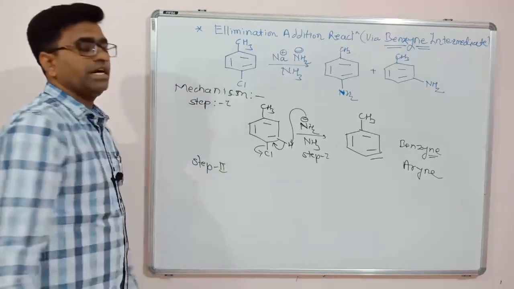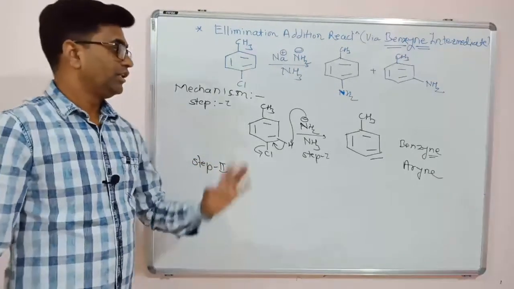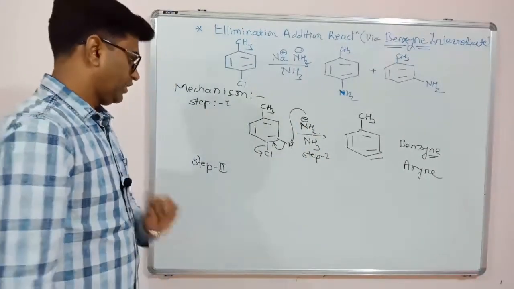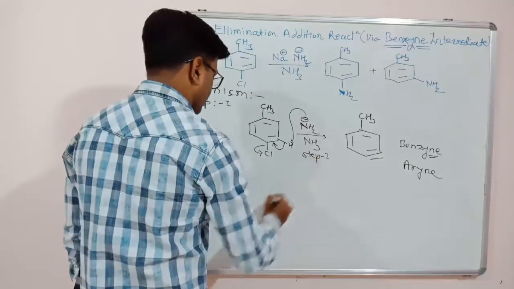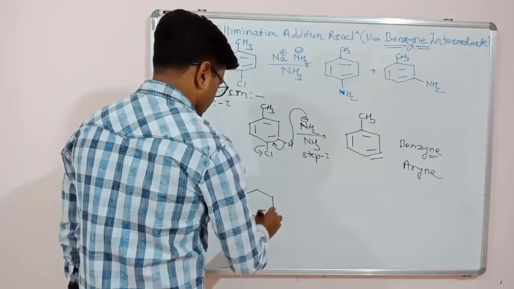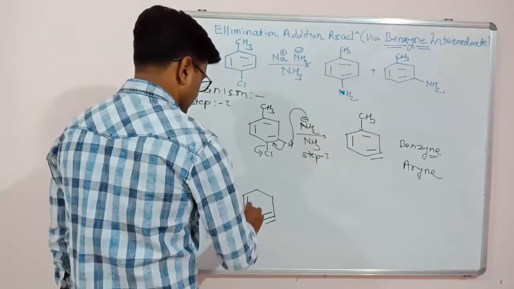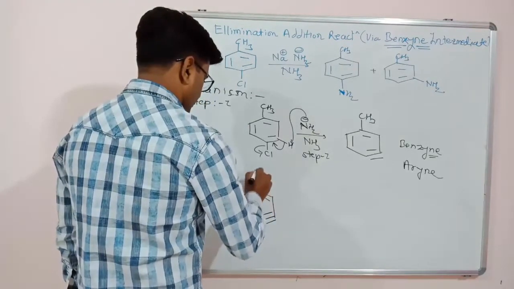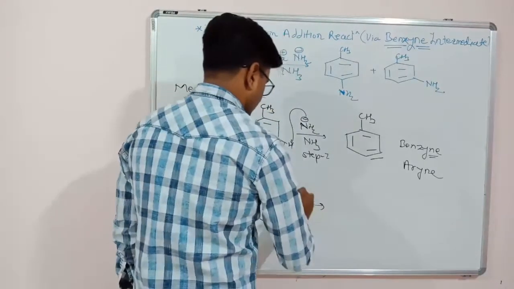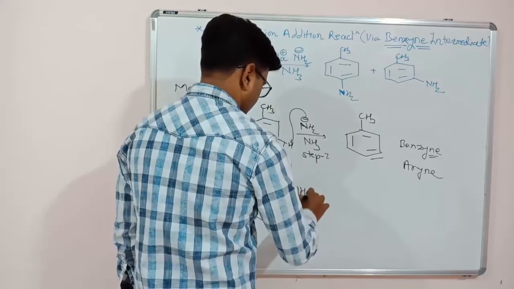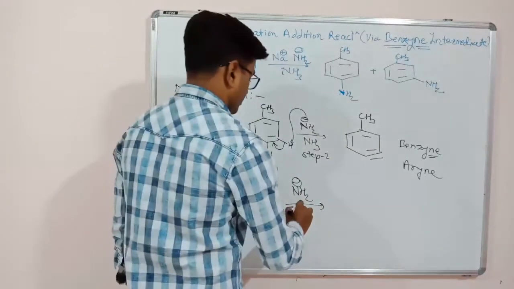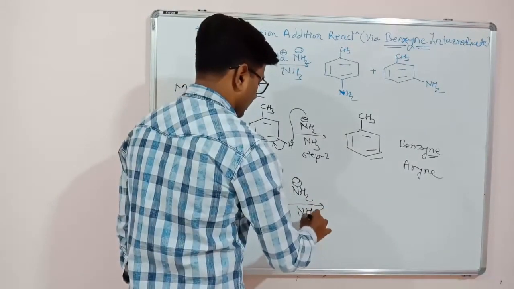Step second is the attack of the nucleophile now. Now the same reagent, that is NH2 minus, acts as a nucleophile. So the second step is nucleophilic attack on this benzyne ring. This is our benzyne. This is CH3. Now the same reagent, that is NaNH2, Na plus NH2 minus, ammonia as a solvent, and temperature